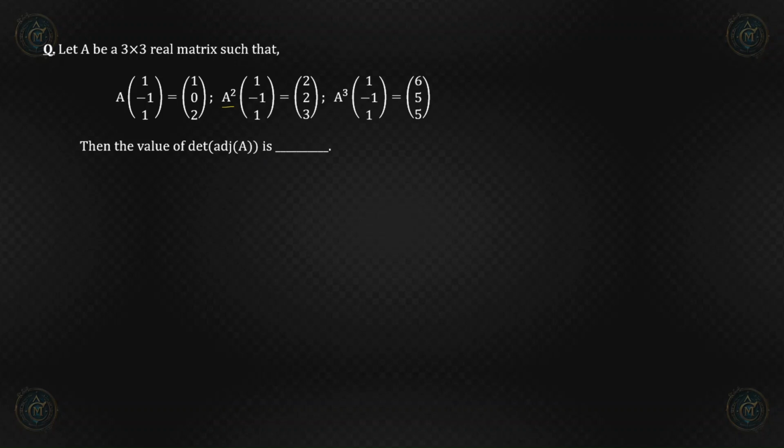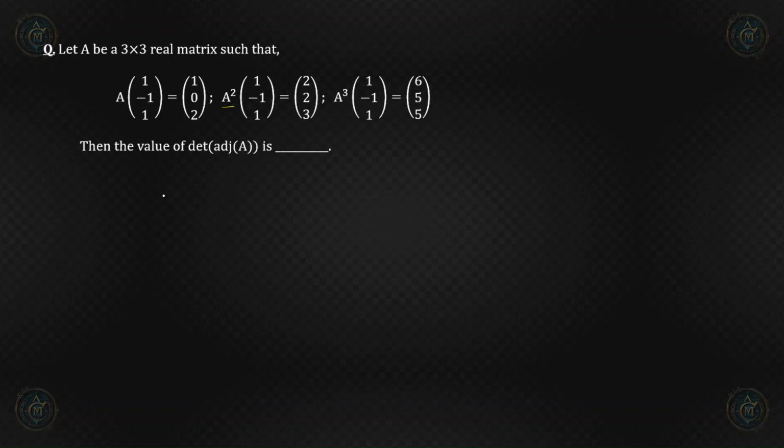Okay. So whenever we are solving this type of questions where some matrix is to be determined and we have to find some information about that matrix, we have to first decode the required value. What I want to say is that here this question asks the value of determinant of adjoint A. That means we know for a 3 by 3 matrix, determinant of adjoint A equals determinant A whole square, right? So we have to somehow find the determinant of this A matrix. We don't have to actually calculate the A matrix itself. We have to just calculate its determinant. Now, how to calculate this?